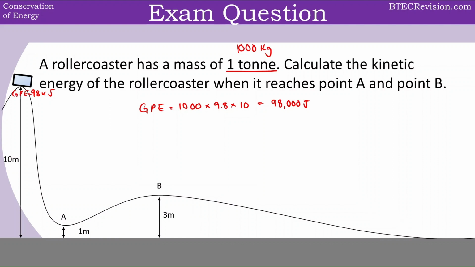Now, as this roller coaster is going down, it is decreasing in height, so therefore the gravitational energy is decreasing, and we'll assume that no friction is involved. Therefore, all the energy is moving into the